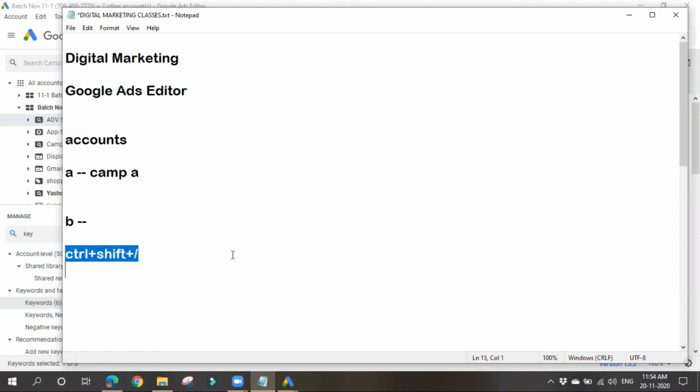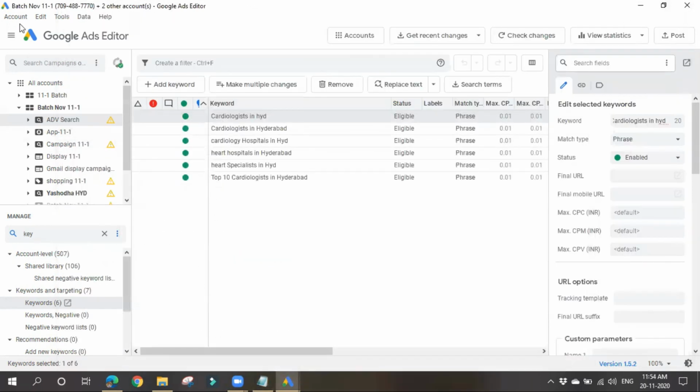If you press all these keys at a time, we'll go to the help section. Sorry, it will show all the keyboard shortcuts that we can use in this Google Ads editor.